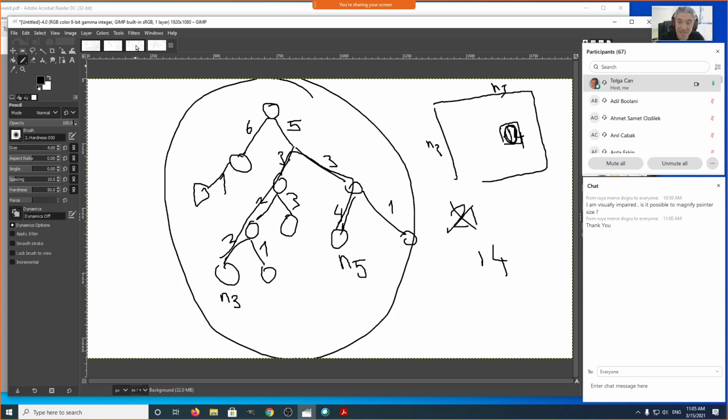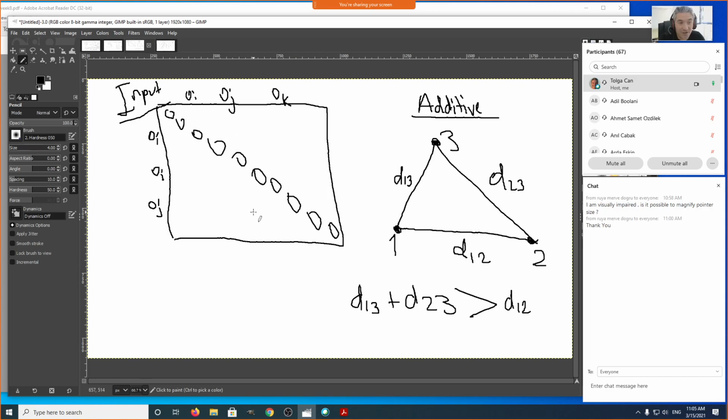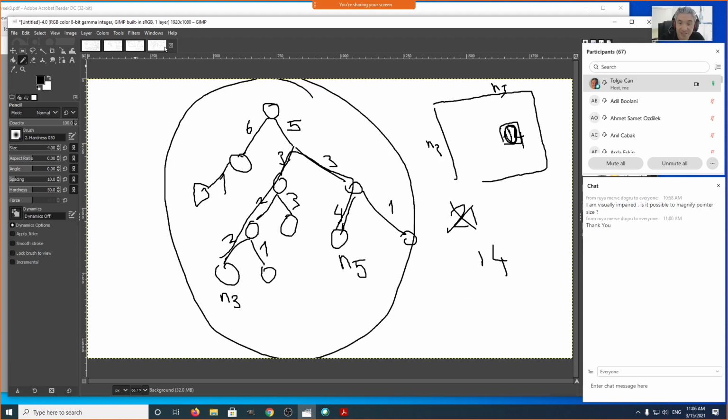If you're given a matrix in which the triangular equality does not hold, it may not even be symmetric, but most of you will be given symmetric matrices. Certain distances, for example, the edit distance between two sequences, or the sequence similarity values between two sequences, are not additive. In such a case, if the matrix is not additive,